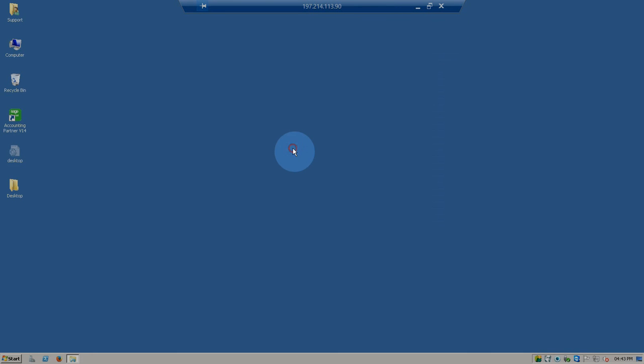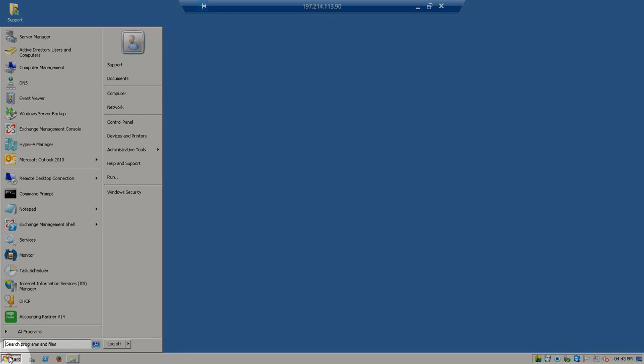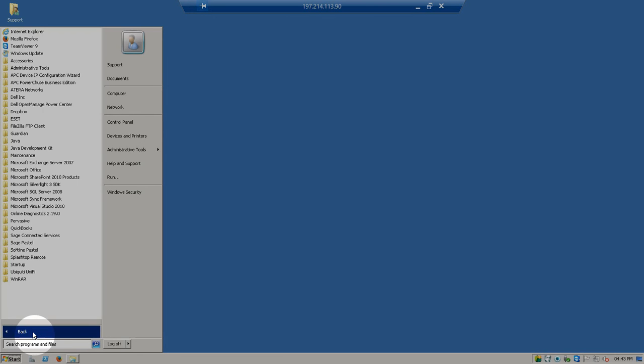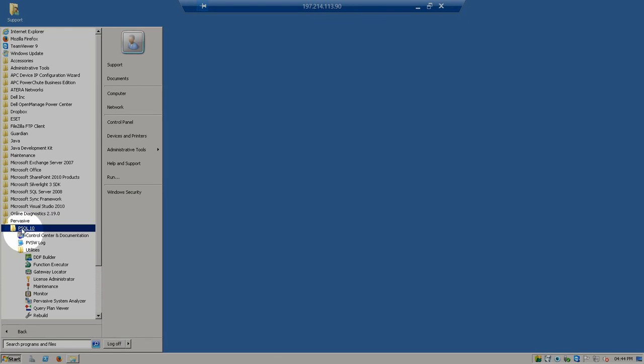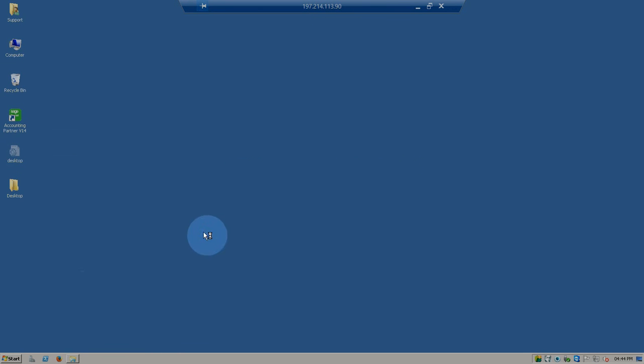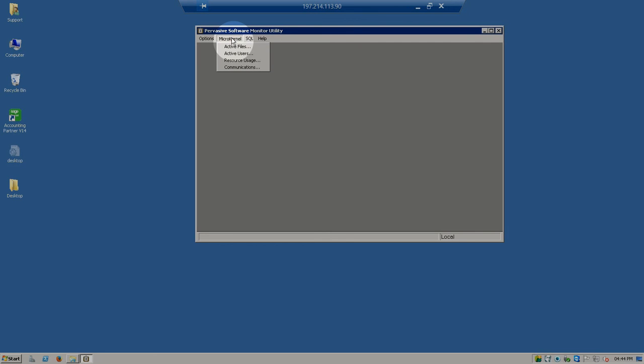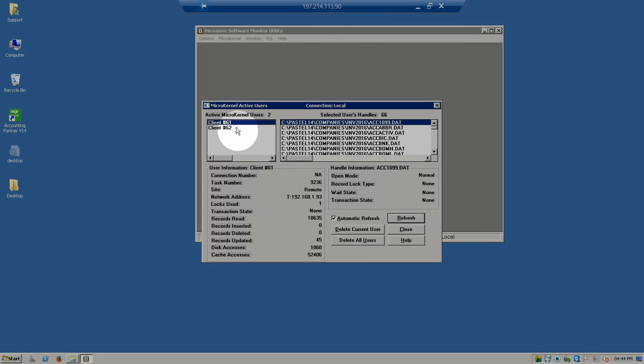The third way, which is a little bit more involved, would be to access your server where your Pastel is installed, obviously. Then click on Start, go to All Programs. Here you would find a Pervasive folder, which you would open up. Go down to Utilities. Now here you can see I've got Pervasive SQL 10. Go to Utilities, scroll down and find the Monitor, Pervasive Monitor. Once you've opened this up, if you go to microkernel and view active users,